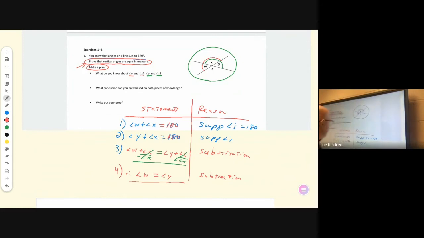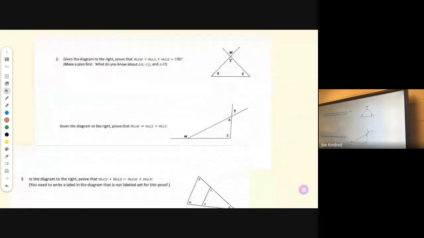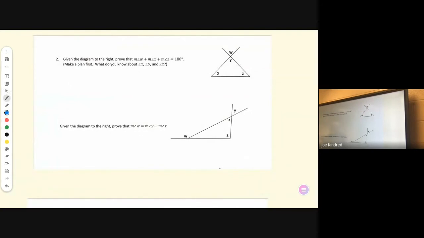Let's do one more. So we're going to take number 2 and just do the first part. I'm going to leave the second part and number 3 for us to do in class. Number 2, given the diagram to the right, prove that angle W, X, and Z equal 180. So that's what we're trying to prove. So let's make a plan here, and we're going to do a two-column proof again. And I'm going to have my statements here